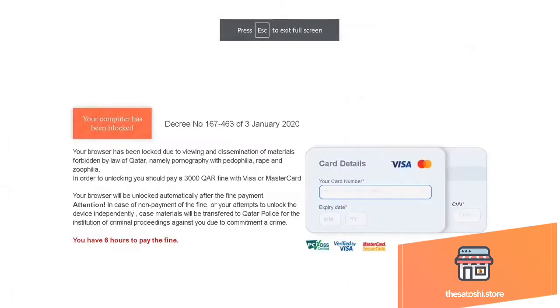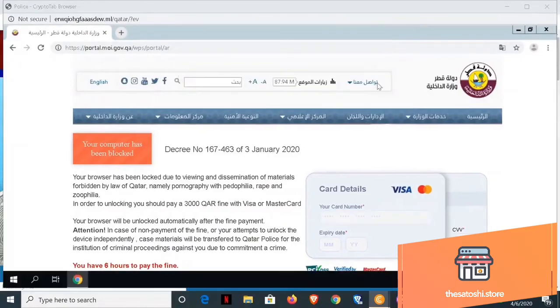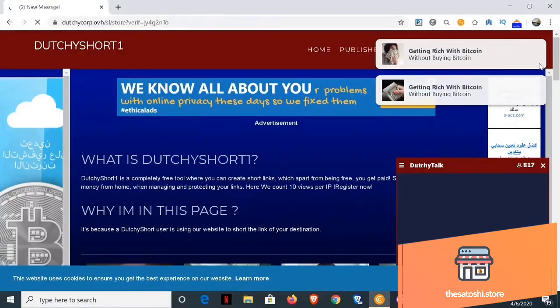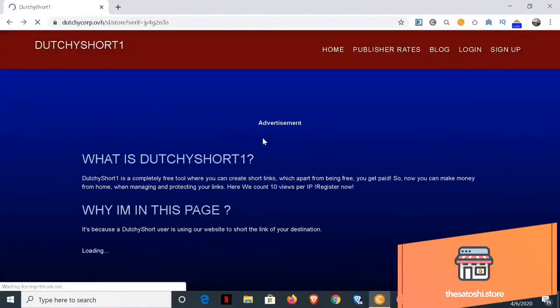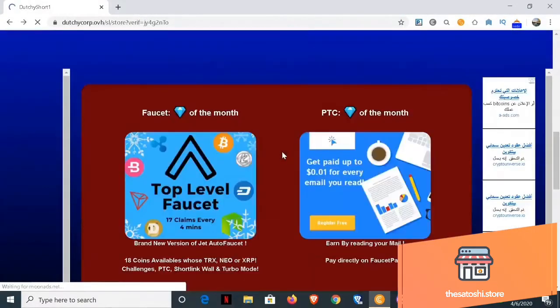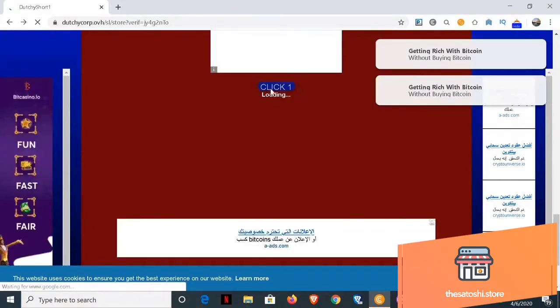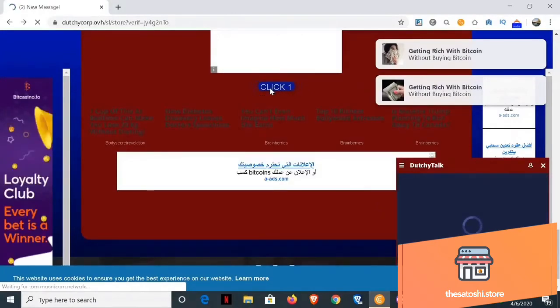Now, oh my god, this is the problem. These can be a problem sometimes, so I recommend not doing this on your phone, because you will be really frustrated by these, as you can see. I might have to do the click once again. Yeah, I have to do the click once again. As I'm saying, you have to do this on your PC or your laptop, because if you do them on your mobile phone, you will be really frustrated.